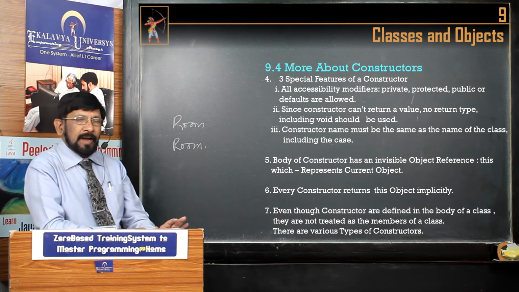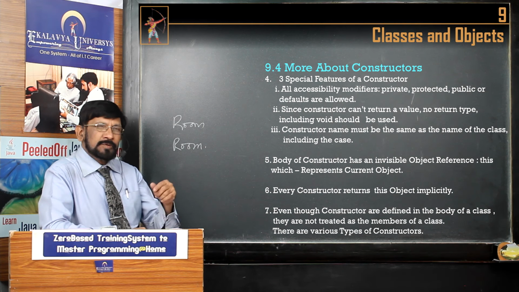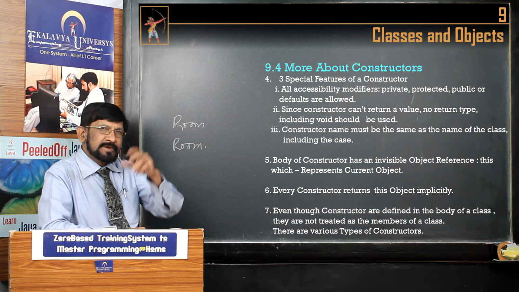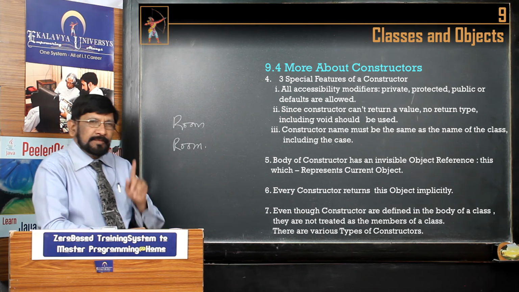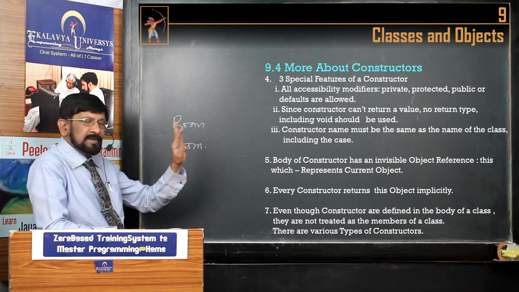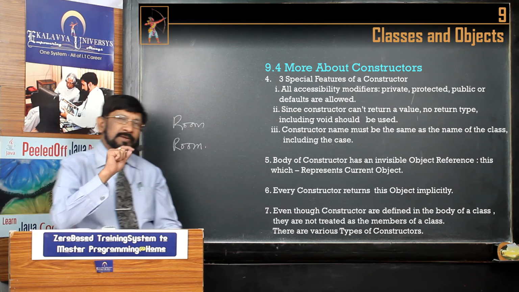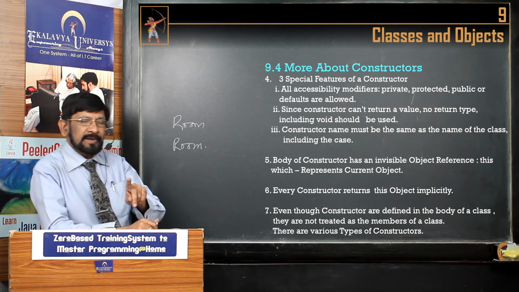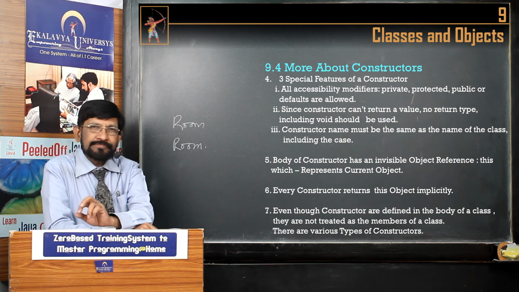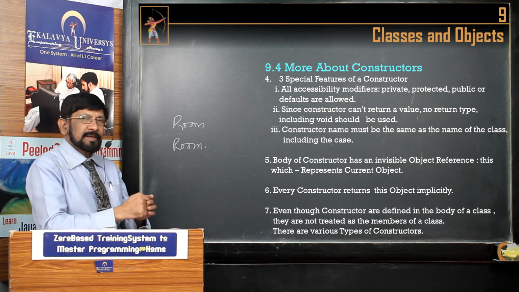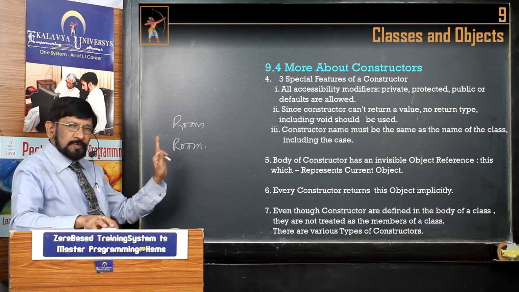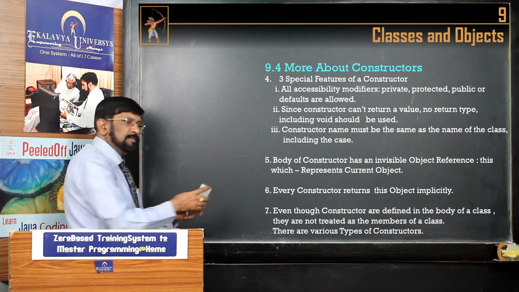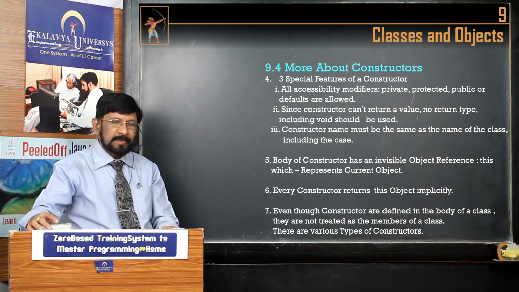And already I told you it is nothing but an instance initializer method. Even though its functionality is like a method, you should not have any return type. You should not write any return type, including void. Name wise, there is no choice for you. Whatever the class name is, you must use it verbatim, including case.